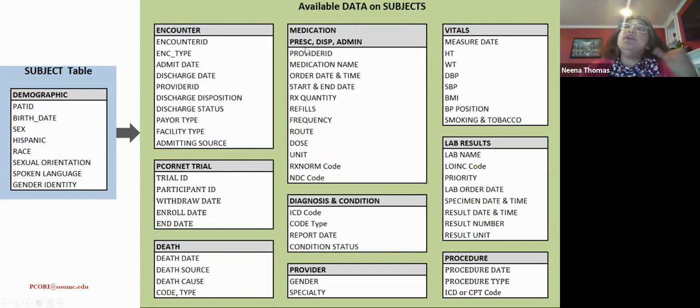The medication details can be prescribed medications, or medications that have been dispensed, medications that have been administered, then vital data. There is diagnosis and condition details, death details, if the death data is available in our EHR, then who the provider is and some details associated with the provider, procedures, all procedures that happened, what kind of procedure it was, the CPT code, the dates of the procedure, lab results, what the lab name was, what the LOINC code or the lab ID associated with it was, the results, actual results, all of these details are available in the